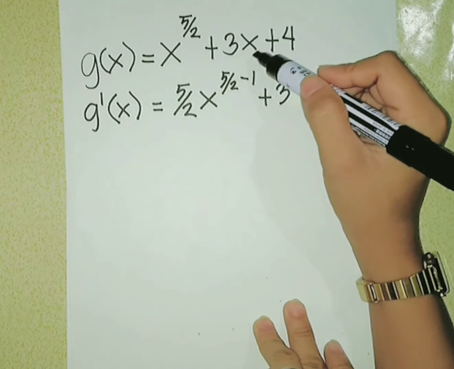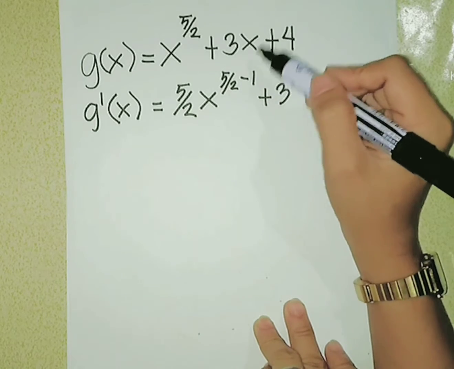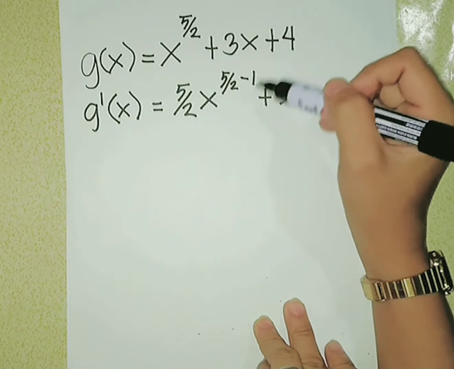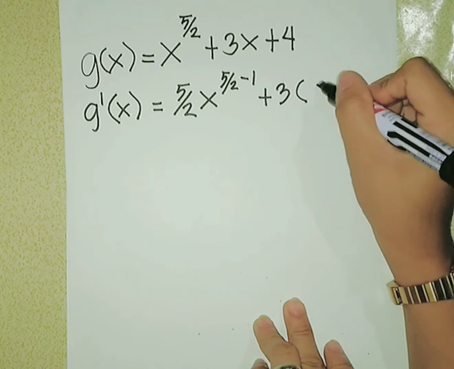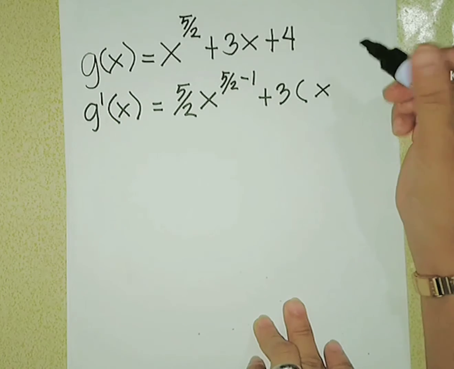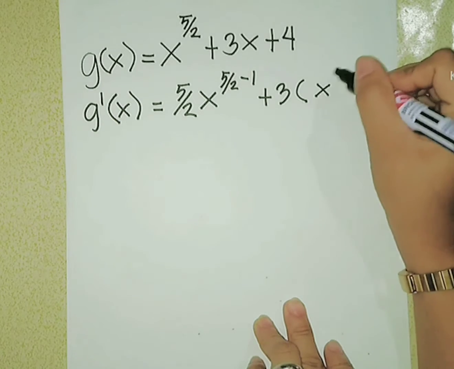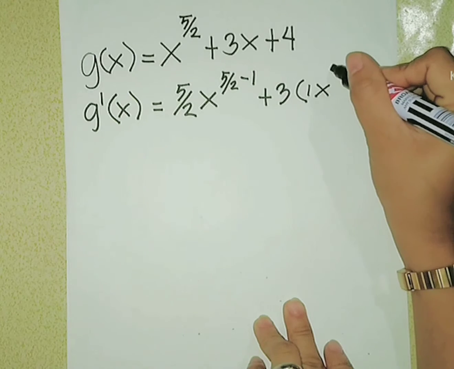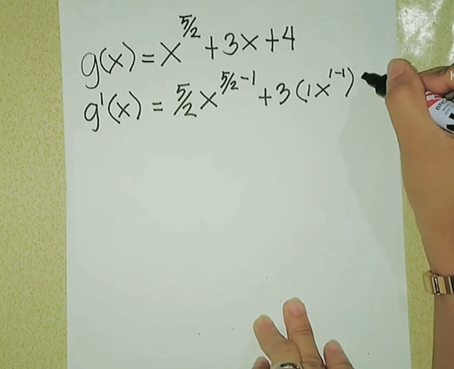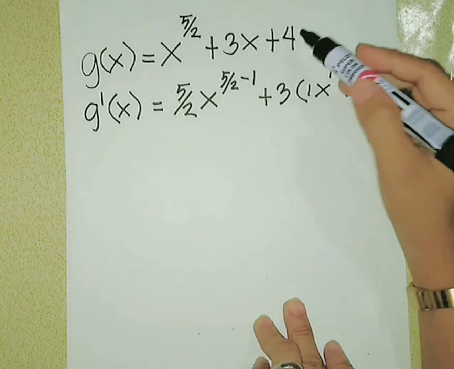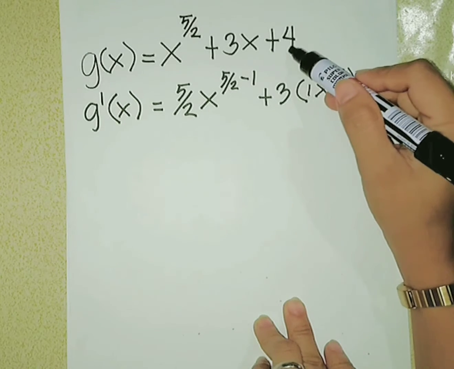Now, when you multiply by a constant, nothing really happens to the constant. We just take the derivative. That's why we have x and then just come in front the 1 and then subtract 1 from the exponent. Plus the derivative of 4, that is the constant, is